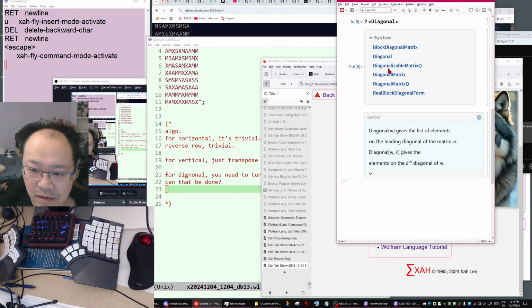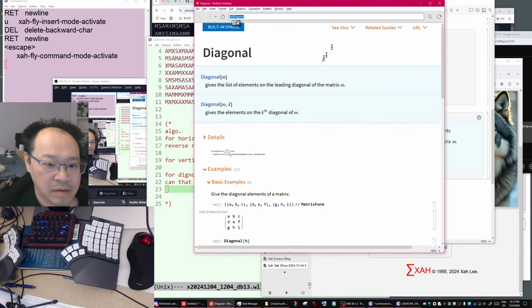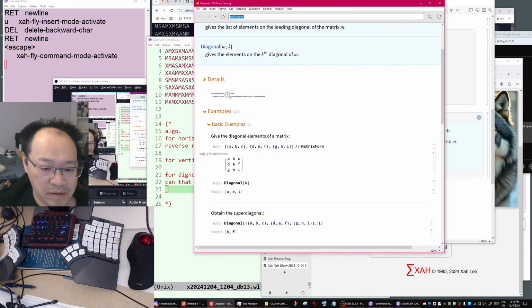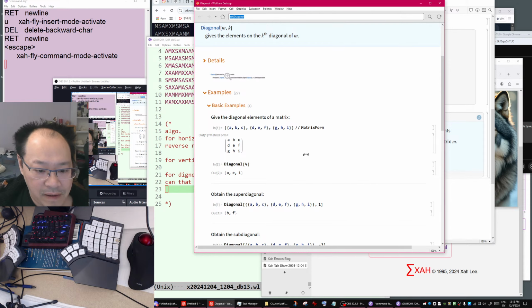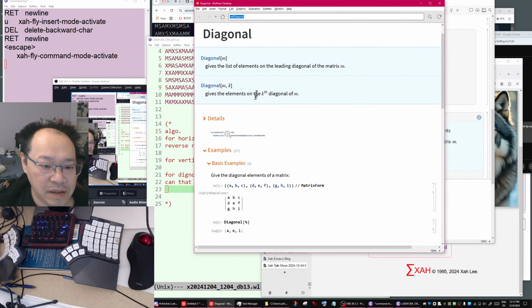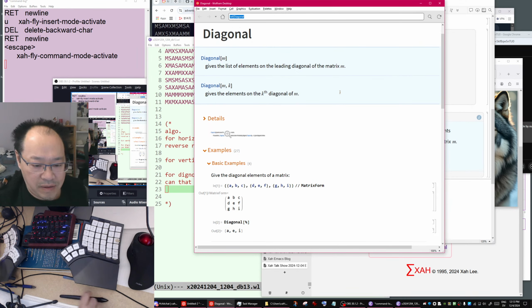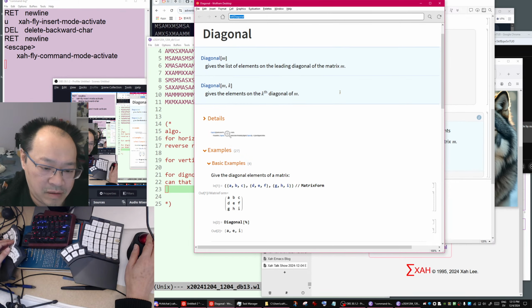So probably this is the one we want to use. But then you need a k, to give the elements on the kth diagonal. So if the matrix you have, how do they count? Is k by row?